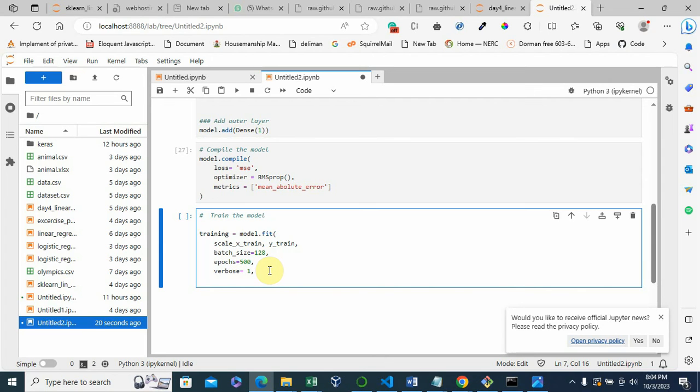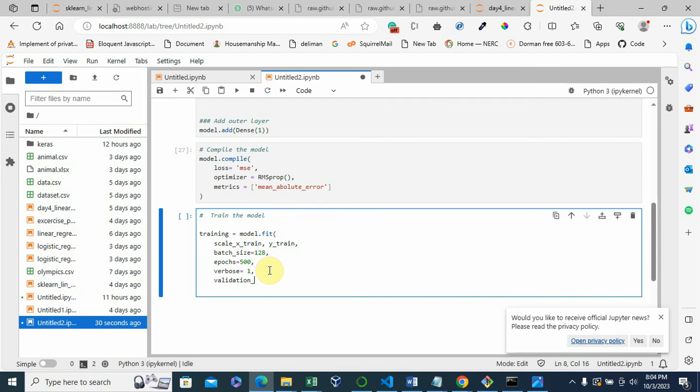And then you have the validation split. Validation split is pretty much like what we did when we were doing the logistic regression, where we divided our data into the training data set and the test data set. So validation split in Keras in a sequential model means that you're splitting your data into training and testing data sets.